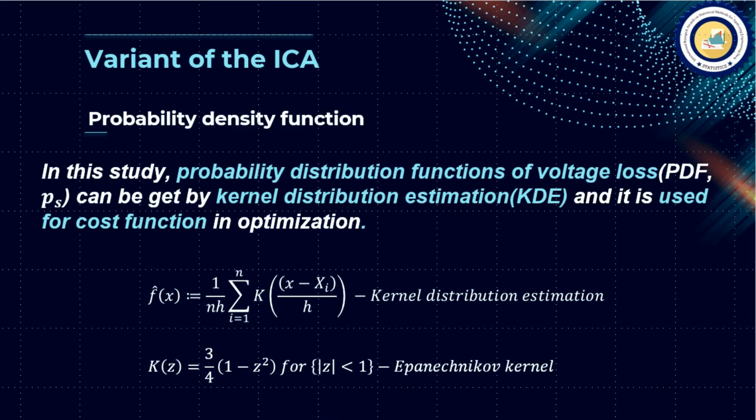The distribution function of activation, ohmic, and mass transport loss can be estimated through kernel distribution estimation. The precision of the estimated function varies greatly depending on the type of kernel used for function estimation. In this study, we used the